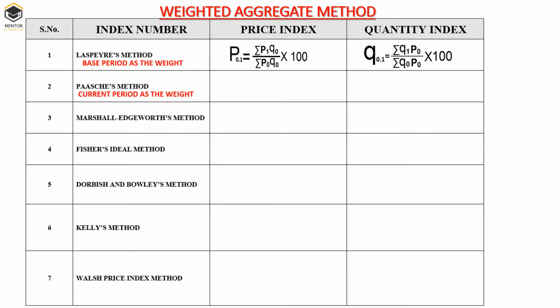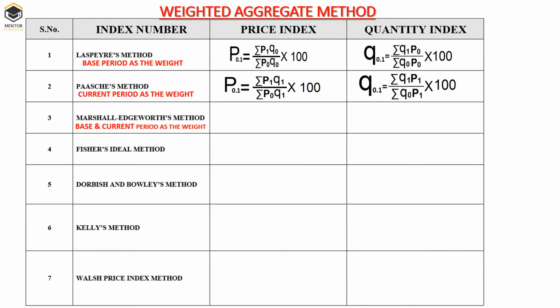Paasche has given the weight to the current year. So in the price index, the weight is given to the quantity of the current year. In the quantity index, the weight is given to the price of the current year. Now we have the Marshall-Edgeworth method. In this, the author has given the weight to both the current year as well as the base year. So here the formula is the combination of